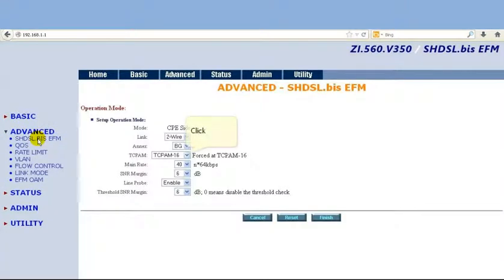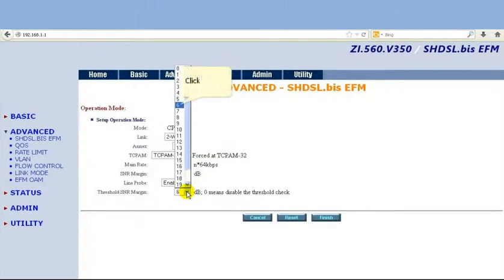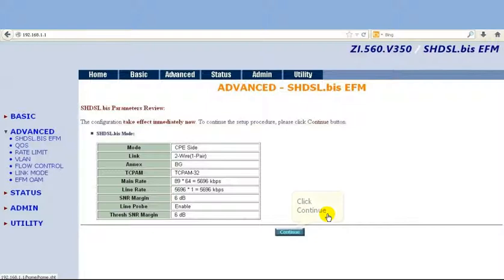SSH.ES7.bis. Same thing we can do here too. PAM16 or PAM32, and optimal mode auto PAM16 PAM32. Line probing is very similar to optimal mode, but it works up to PAM32 only. So when we are using PAM32, we can enable line probing for this optimal mode function.